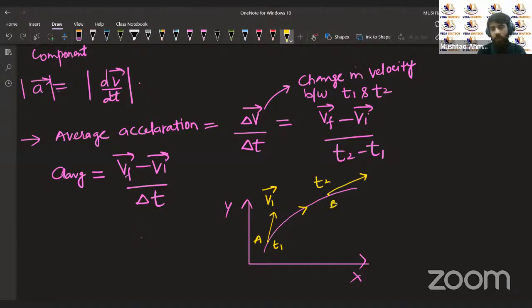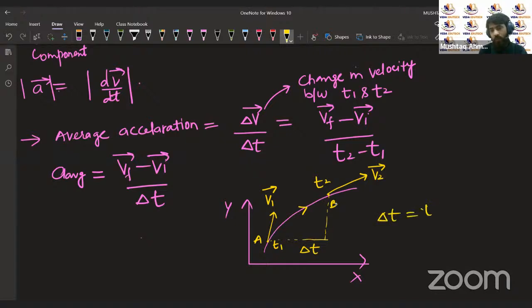After time t2, the direction of this velocity vector has changed. Maybe the magnitude of this velocity vector may have also changed. Let's call this velocity vector v2 vector. So this is our final vector. Between this time interval delta t, which is equal to t2 minus t1,